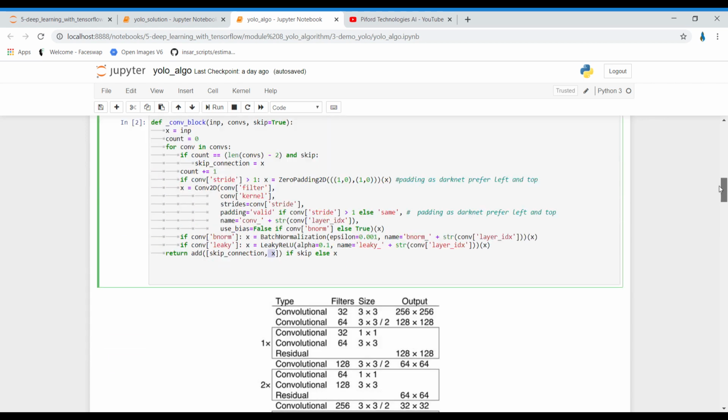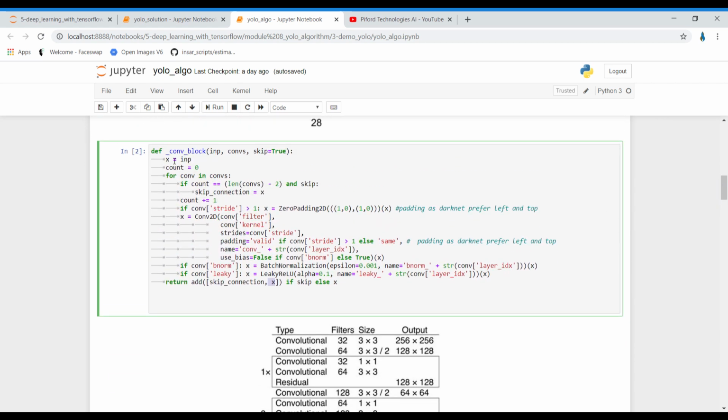The function in this conv block will add these two variables, skip connection and x, only if the size of both variables is the same.